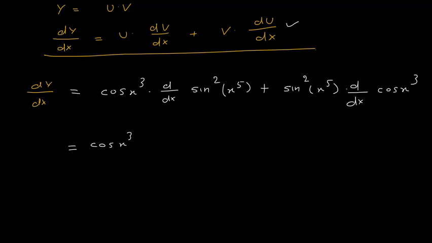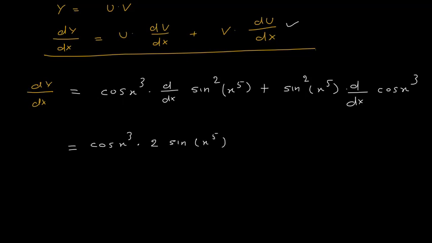Now this is a composite function. Actually, if you see here, we have three functions. One is x power 5. Then we have sine of x power 5. Then we have sine of x power 5, the whole square. So the outermost function is a square function, so first you will solve that. The formula for x square is 2x, so you will write 2 into, in place of x we have sine of x power 5.